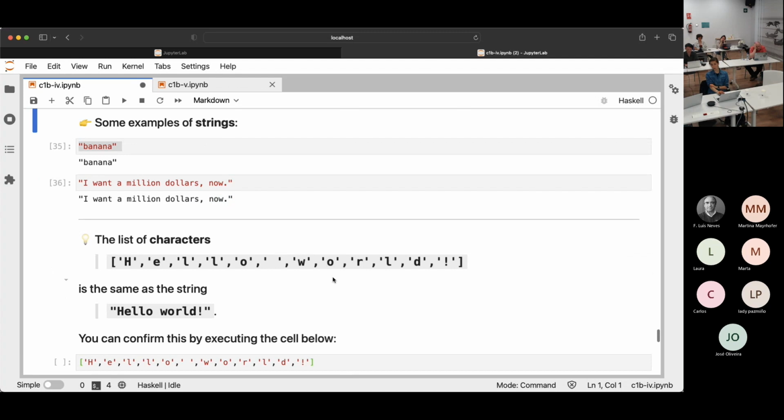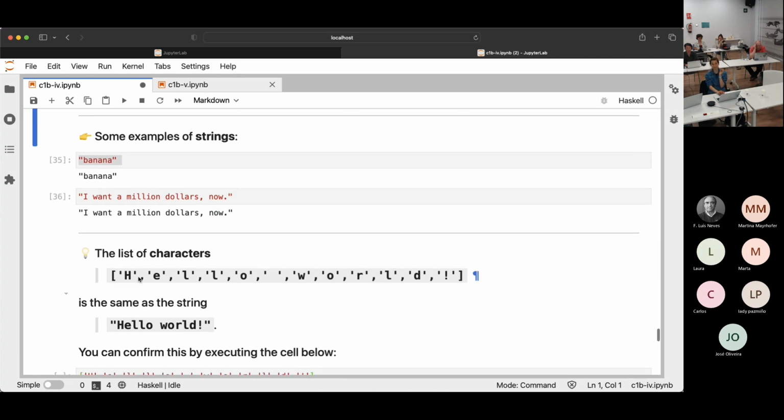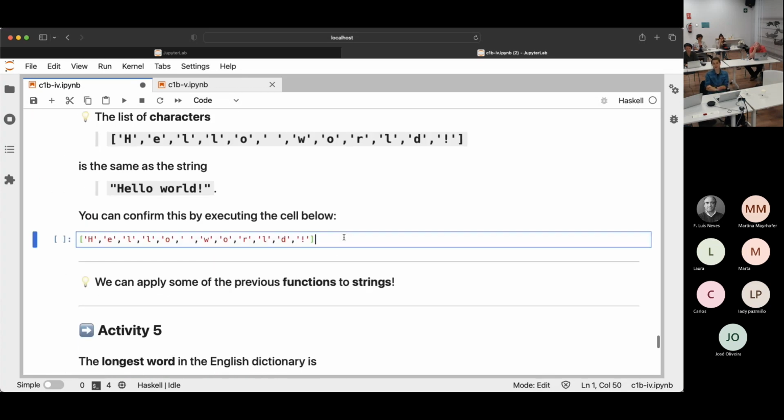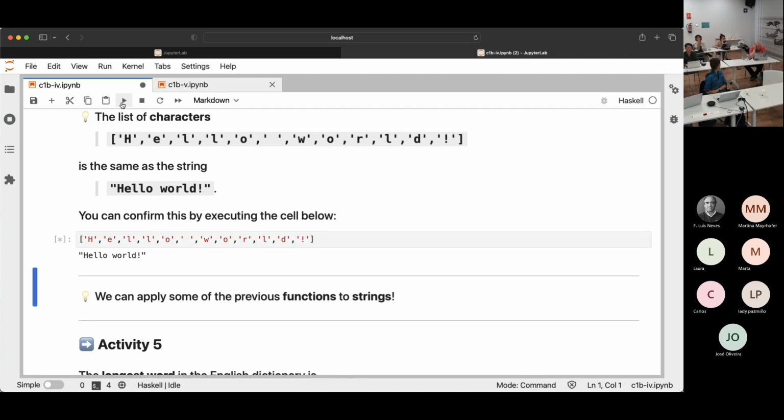And then if I have W O R L D and then an exclamation point, this list of characters is the same thing as the string hello world, because a string is just a list of characters, and you can confirm this by executing this cell. So here I have a list of characters, and I can see that it is a list because it starts with a bracket, it ends with a bracket, it has commas, and all elements are characters. And if you hit the play button, it's going to convert it to a string,